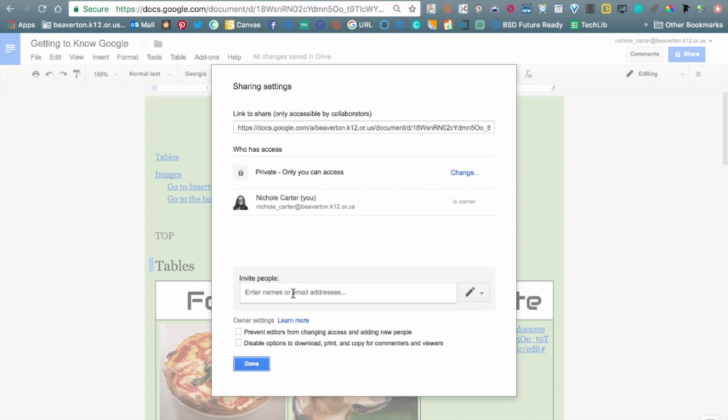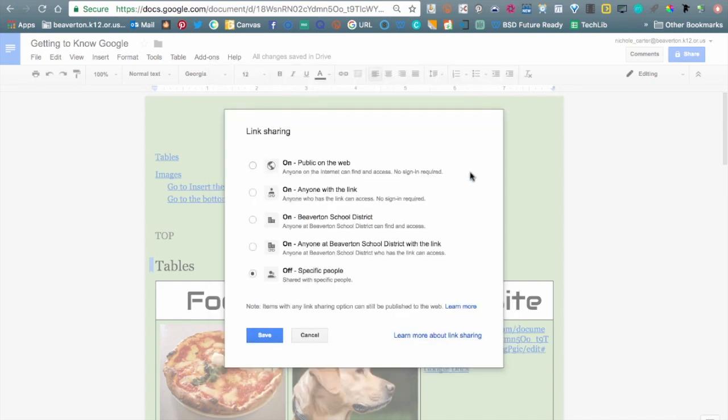The other thing I think that's really interesting is if you go up here to the top and click on the blue change button, you'll see the varying levels of access. So it always defaults to shared access is off unless you type in specific emails. Then the next level is anyone at the Beaverton School District with the link. Then the next level after that is anyone in the Beaverton School District, as long as they're signed in, can actually search for your document within their Google Drive, find it, use it, whatever. The next level is anyone with a link. So that's removing just the BSD,